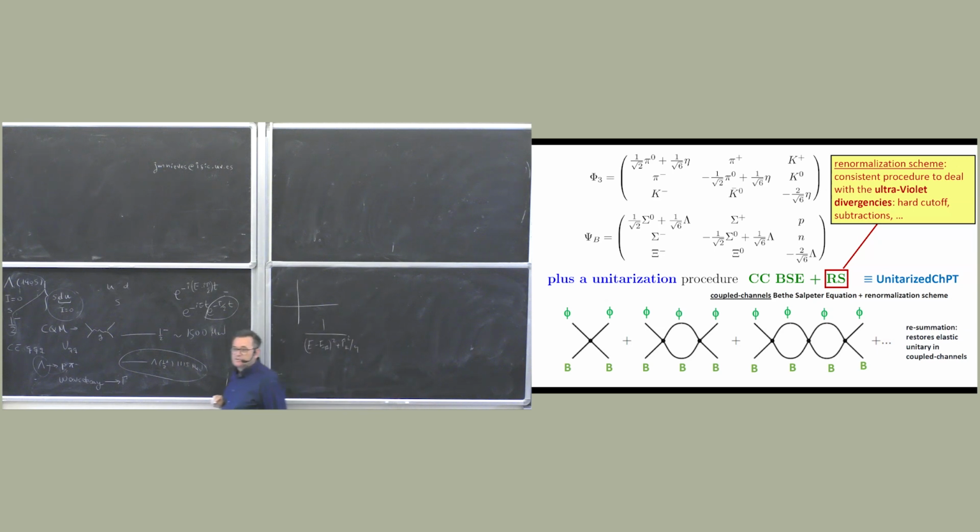Okay, so it peaks around some value E_R, but it has some width, right? It's a Lorentzian, and that has to do with the width. So if you measure the energy, the mass of the particle, many times, you get different values according to this distribution. We call these resonances